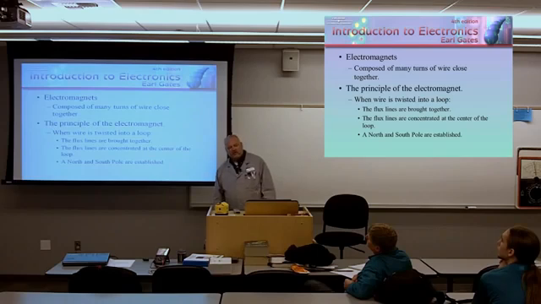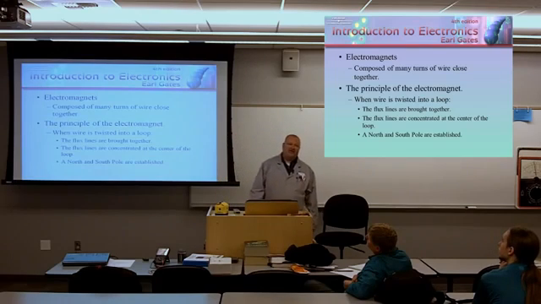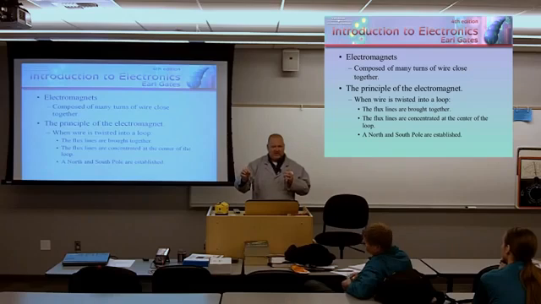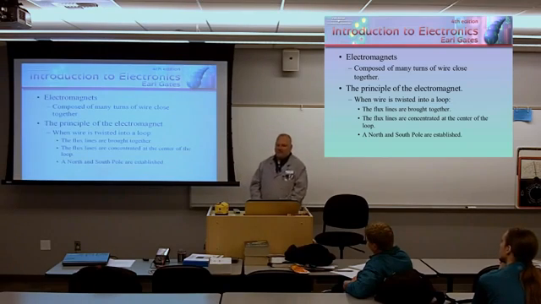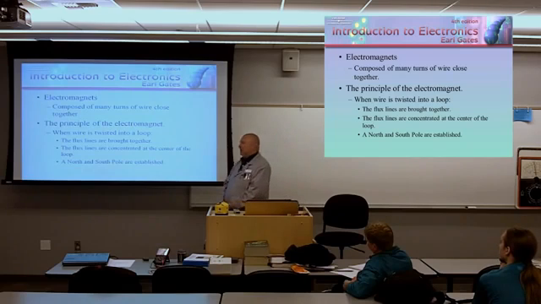Electromagnets are composed of many turns of wire close together. Because as I just said, one piece of wire may not be strong enough. What happens if you wrap it around again? Now you just doubled it. You do it a third time, you tripled it. Fourth time, quadrupled it. The math is that simple. Every time you add a winding, you're increasing the magnetic field that you're generating. So the principle of an electromagnet: when wire is twisted into a loop,